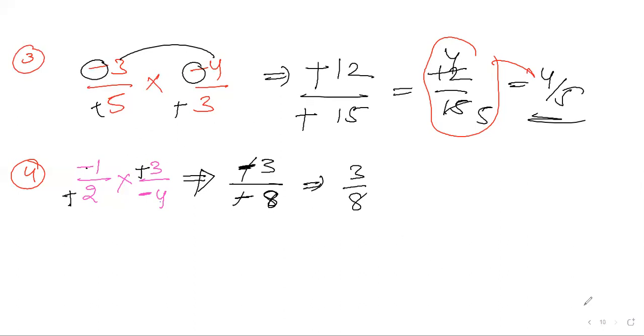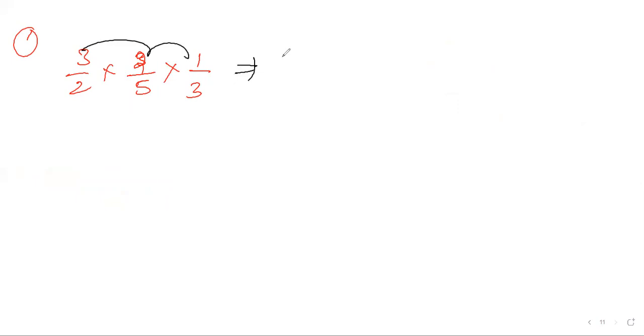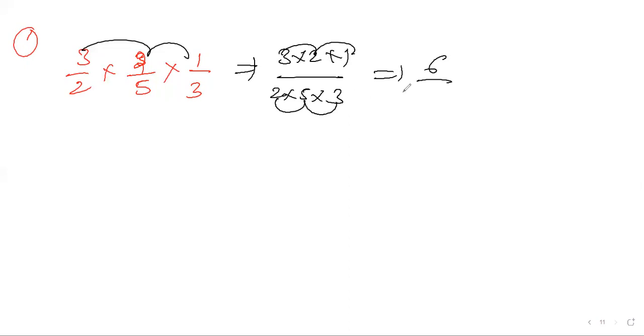This is the way of multiplication of two numbers. Now we'll try multiplication of three numbers. Same procedure. So 3 by 2 into 3 by 4, 2 by 5 into 1 by 3, like this you can take. Simple problem. So first multiply all numbers. 3 2s are 6, 6 1s are 6. 5 2s are 10, 10 3s are 30. Answer 6 by 30. If you want cancellation, 6 1s are 6, 6 5s are 30. Answer is 1 by 5.